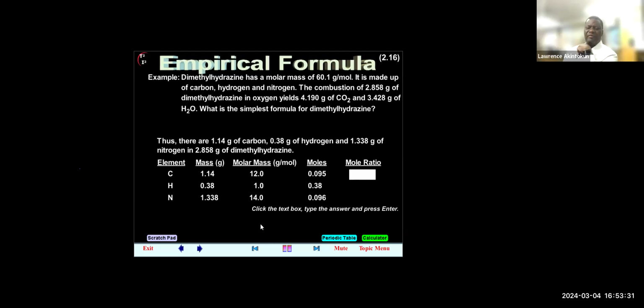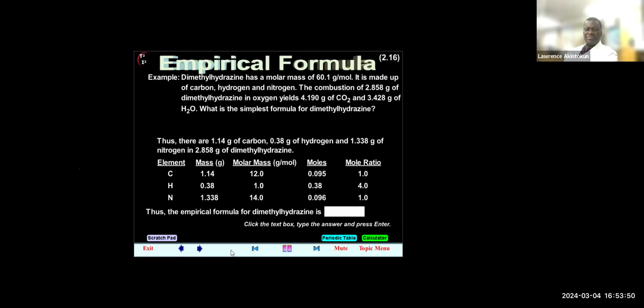All right, so once you have your final moles, you have to get your mole ratio. Remember, you have to look for the smallest mole and divide all the answers by the smallest mole to give you the mole ratio, which is equivalent to your subscripts. Thus, the empirical formula for dimethylhydrazine is